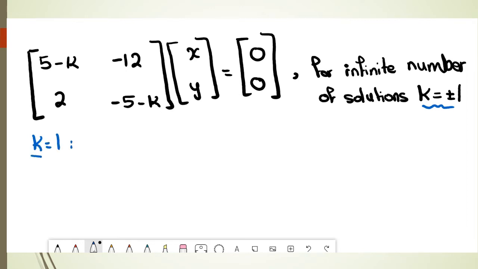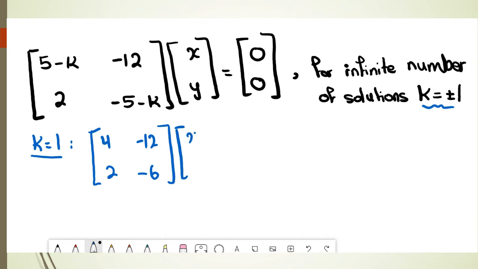When k equals 1, 5 minus 1 is 4, then minus 12, 2, minus 5 minus 1 is minus 6, and then we write down xy equals 0, 0. Okay,